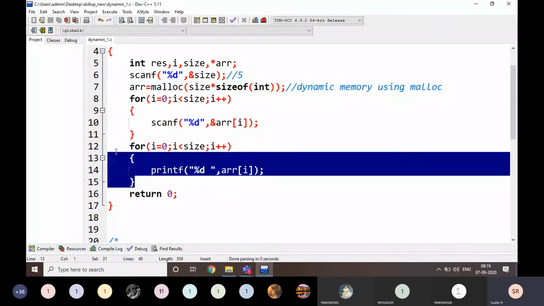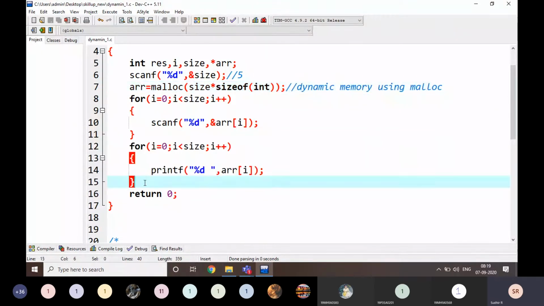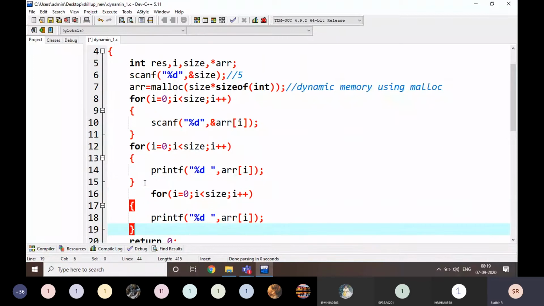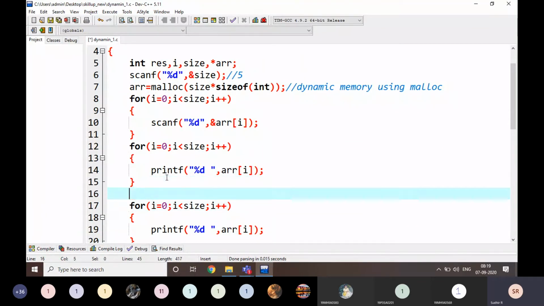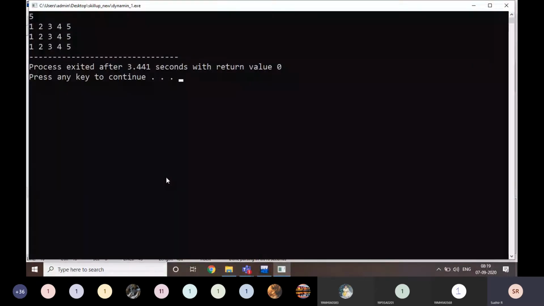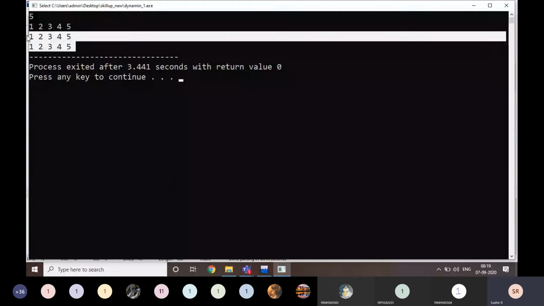For example, I am going to take the program again. I am going to print it for 2 times. Just observe here. I am going to give 5, then 1, 2, 3, 4 and 5, which is going to be printed 2 times, right, everyone?